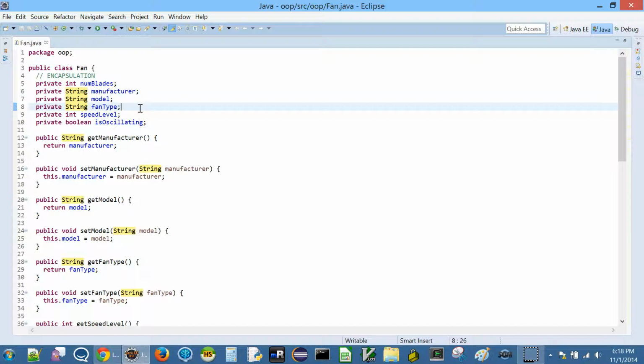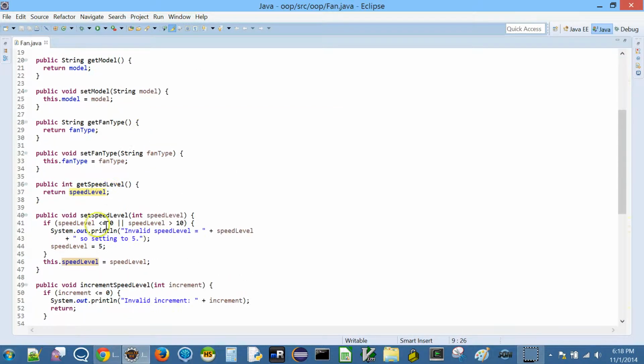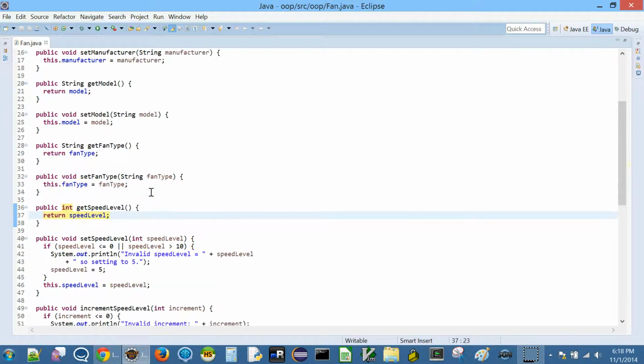Another issue we have is with speed level. Speed level is an int. Again, we made sure that whenever speed level is set, we check for consistency, but otherwise we have no control over this int value. So it would be better that rather than keeping speed level as int, we have a stricter check for this type, right?